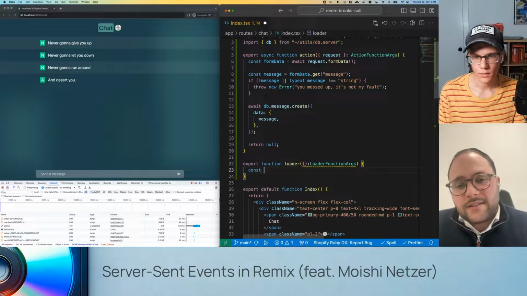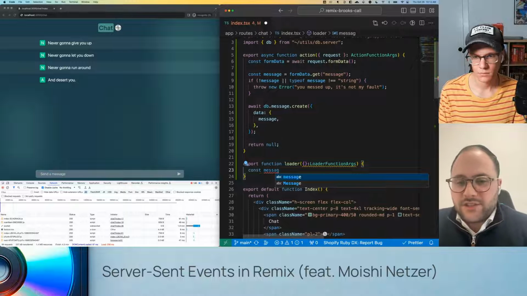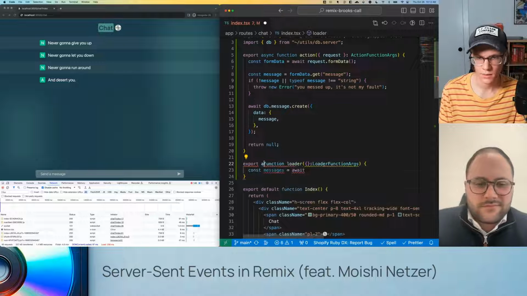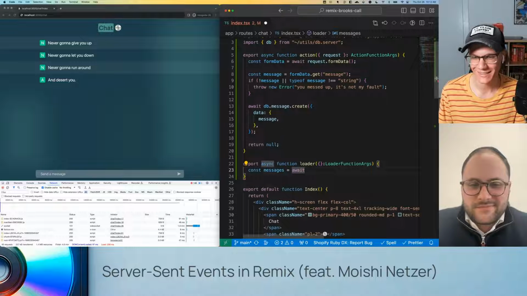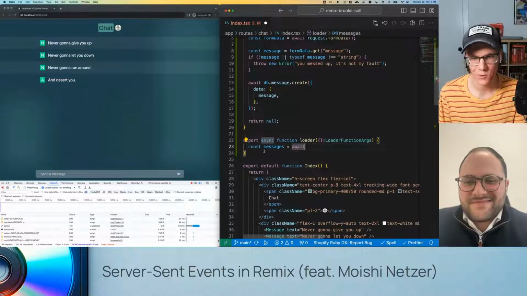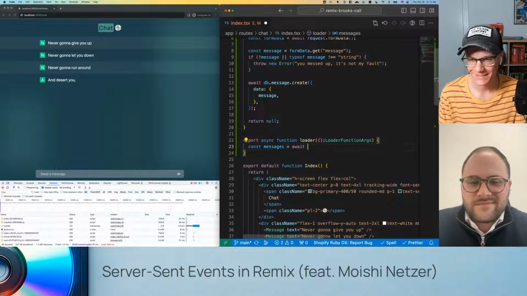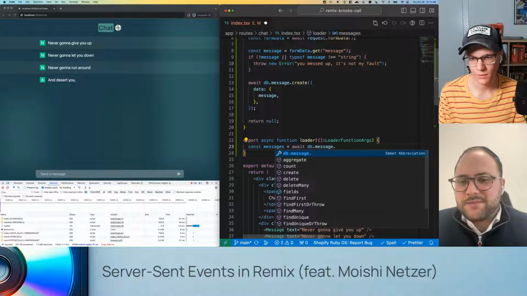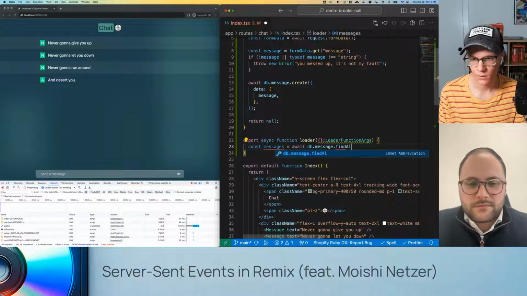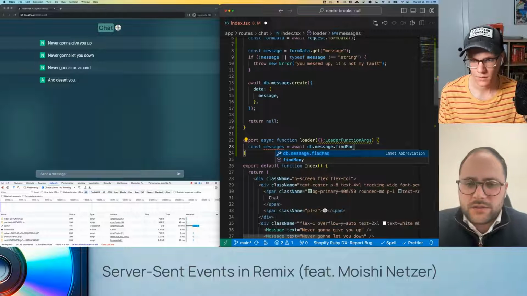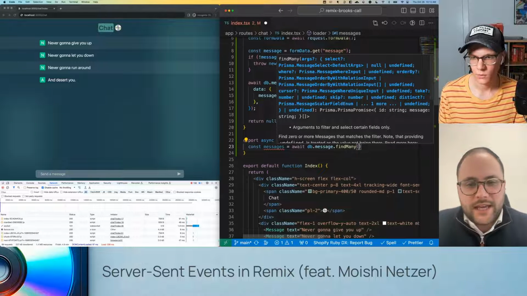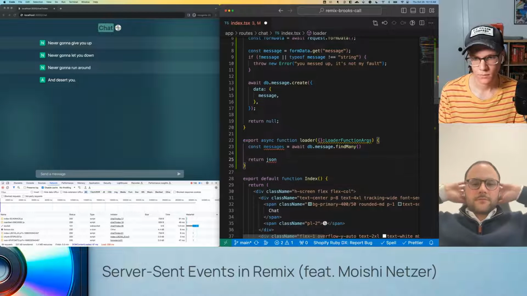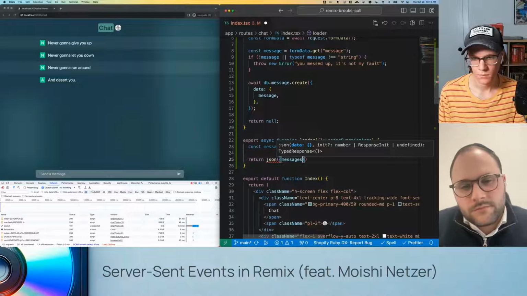Perfect. And let's just get all the messages, right? Cool. So wait, I always forget. I probably should just at this point set up little scripts that will automatically scaffold this stuff for me, but yeah, that'd be nice. All right, so db.message, and then we're going to do message.findMany, I think it's called. That seems right. That's the one. And then that's all you need. And now let's just return it.